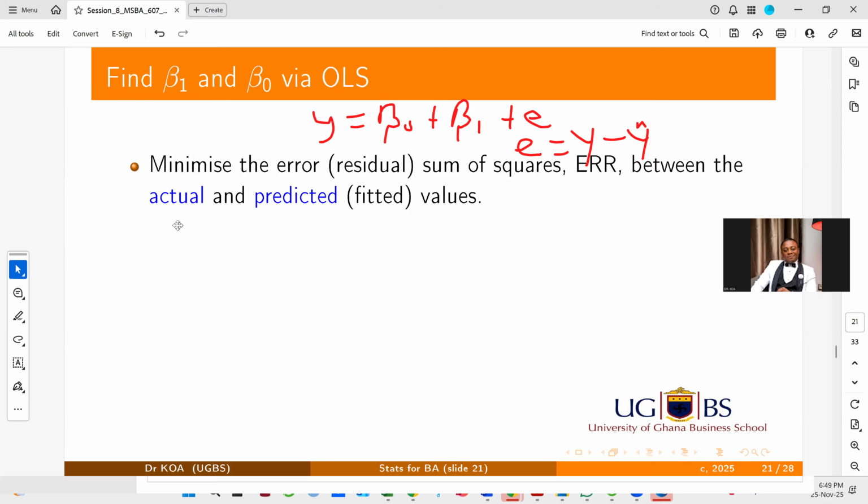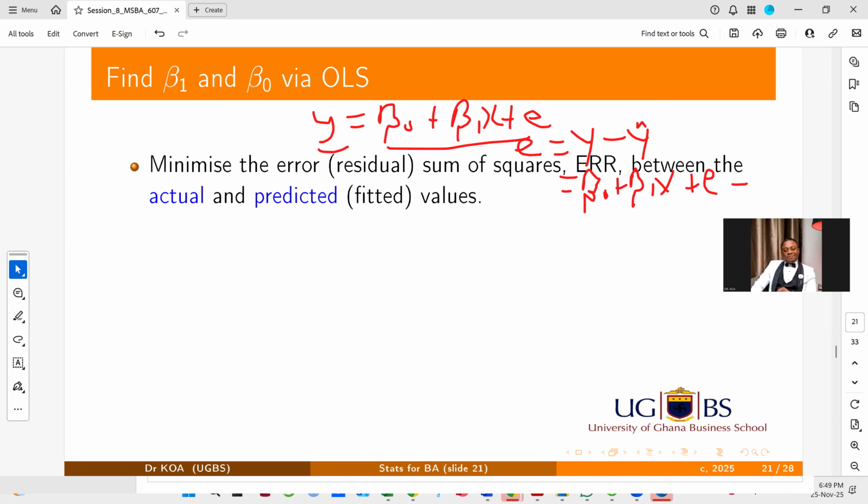So watch it. I can substitute this actual y, which is the whole of this. So the error is actually the whole of beta naught plus beta 1 x plus the error